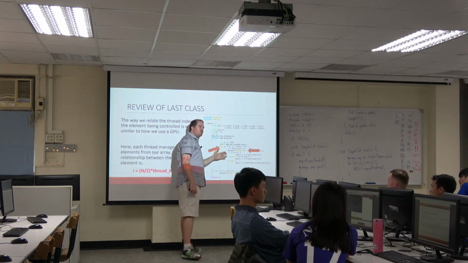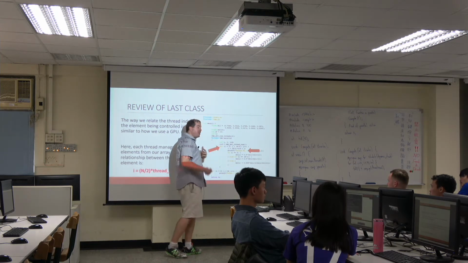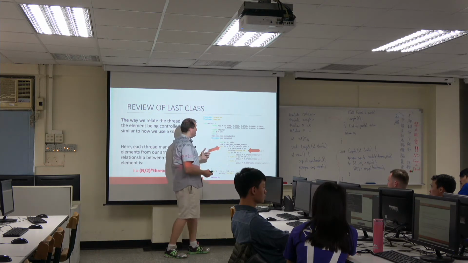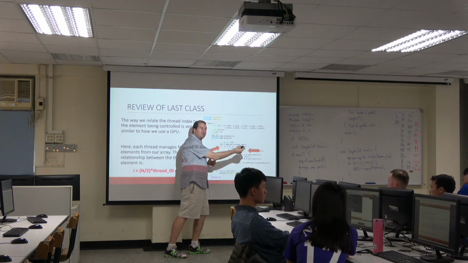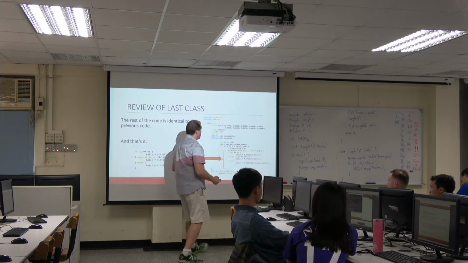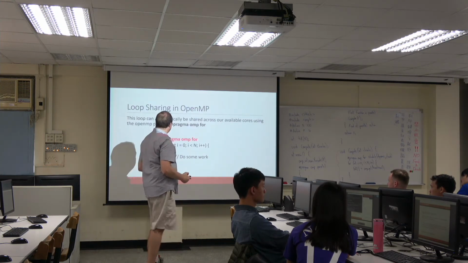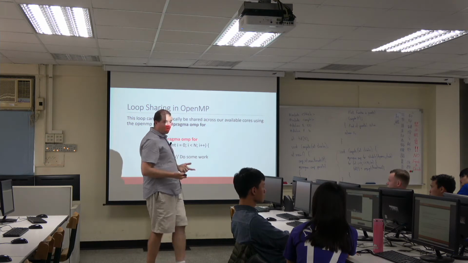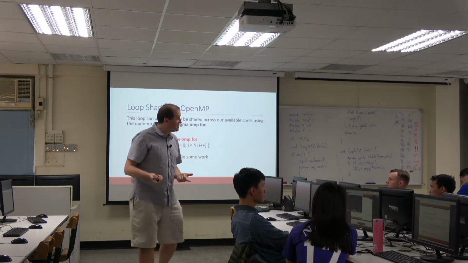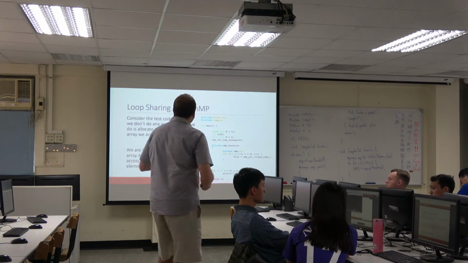We understand which thread is doing which work here because we manually did it. We know that thread 0 is going to do 0, 1, 2, 3, 4, and thread 1 is going to do 5, 6, 7, 8, 9. We designed it this way. But when we do it automatically, how do I know which thread does which work? You can't possibly predict it, or there are ways we can predict it, but if we want